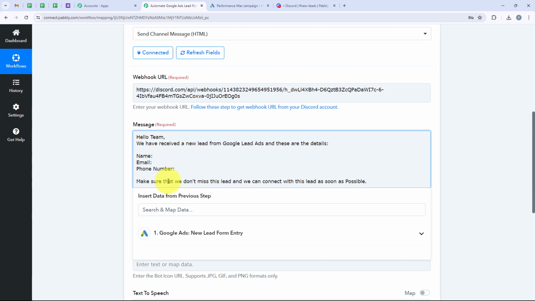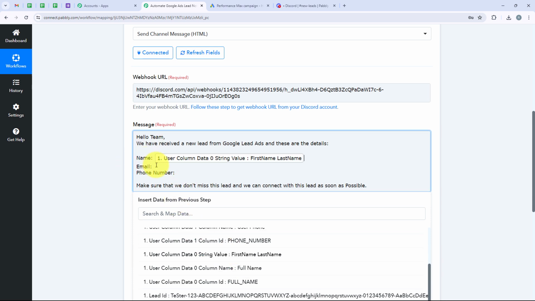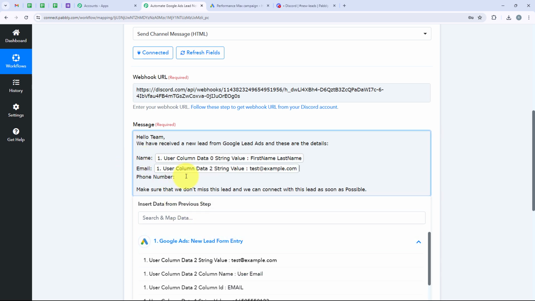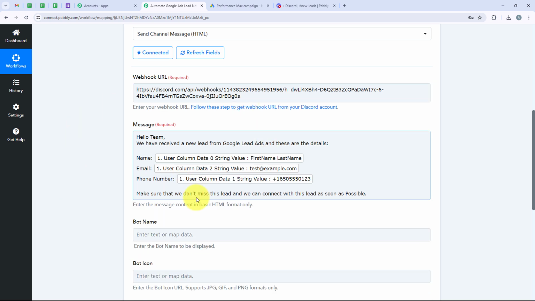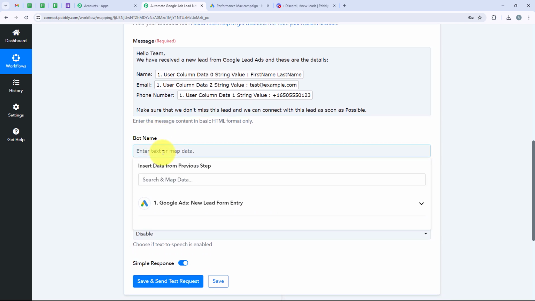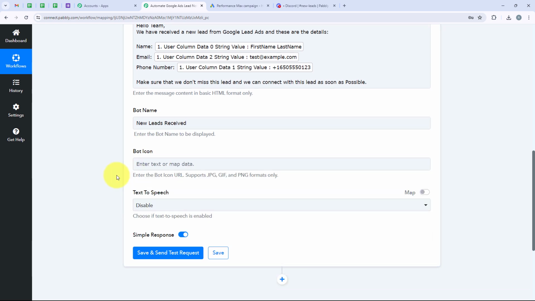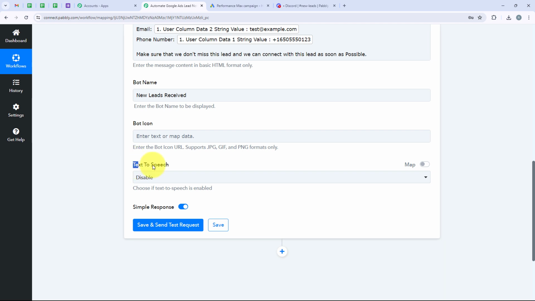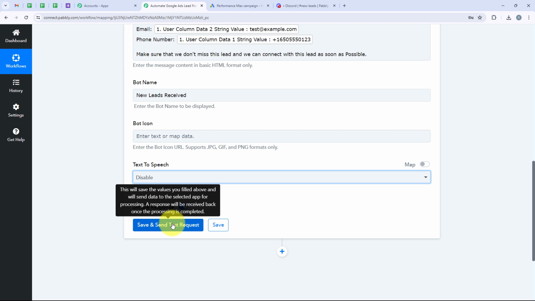And now we are going to map it. So first name, so I'm going to open the response and map the name, which is a demo name, and then we are going to map the email and then the phone number. So after mapping all these details, we are moving on forward to the bot name. So I want the bot name to be new leads received. And then for the bot icon, I don't wish to add a bot icon. If you wish, you can paste the URL of the JPG, GIF or PNG you want to add as a bot icon. And then it is asking me for the text to speech. So I will keep it as disable only,